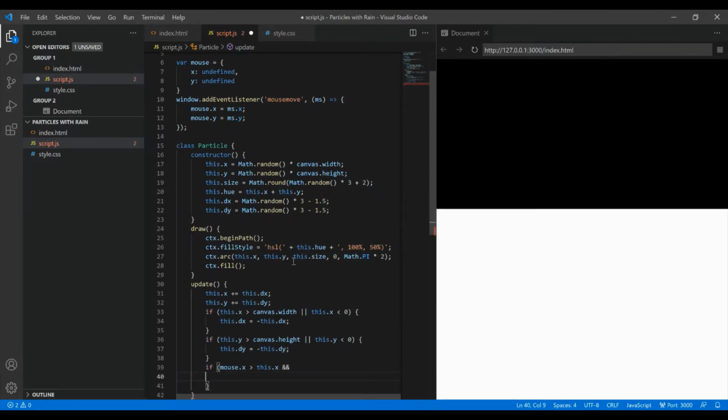we've got a few ifs. I'll call them ifs. And if mouse.x is less than this.x plus this.size times 2,